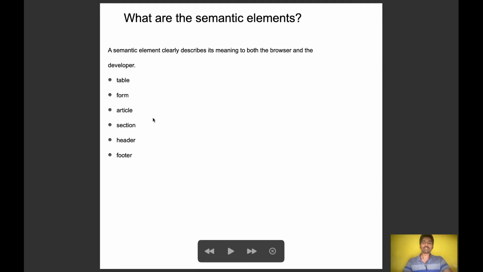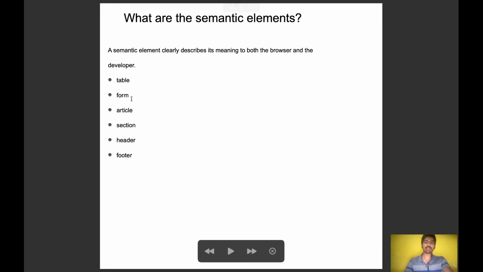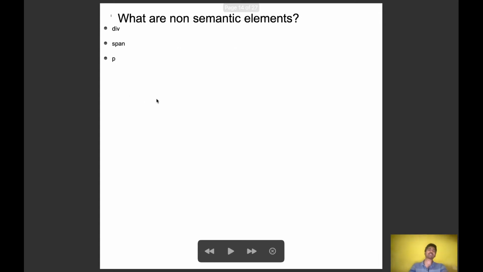Okay. There are some non-semantic elements also. Next question is, what are the non-semantic elements? So let's say div, span and p. With div, a developer or user will not understand immediately by seeing it. If we see table or form, we can identify easily that it is for a table or form, but div has no particular meaning, so it is difficult for the user to understand what div is. Span and p are similar. So non-semantic means this.